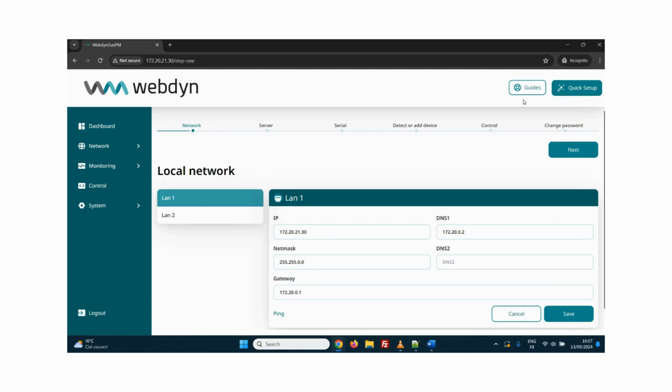The first step of the guide is the network configuration. This step is composed of the local network configuration, followed by the configuration for the mobile network in case you are using a SIM card. The local network configuration is where you can choose the IP address of the gateway for the two Ethernet ports of the WebdynSunPM. In my case, the LAN 1 port has already been configured, but by default the IP address for LAN 1 is